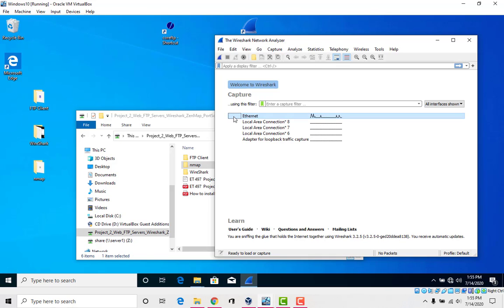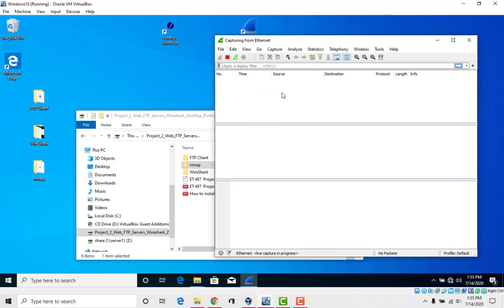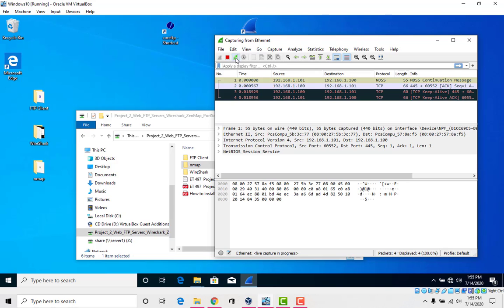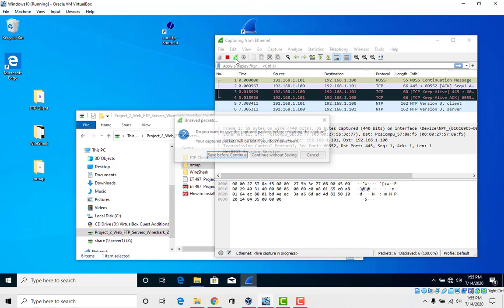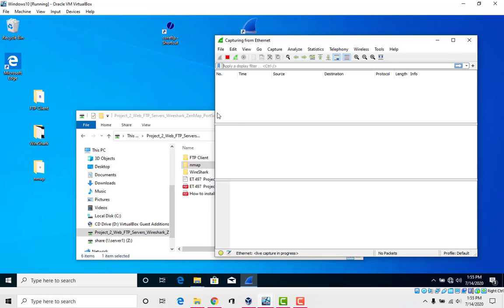Basically, I'm going to say that I want to start capturing from my Ethernet, and we're only going to capture a few seconds of it because it fills up with data quite a bit. It's looking at every noise that's happening. So it looks like we're already capturing here. I'm going to say restart current capture here. Okay, so it's already starting to capture.